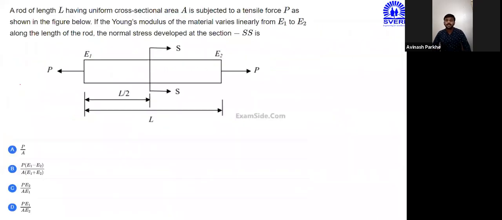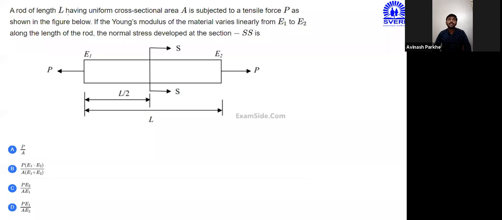Now, the next problem is in front of you. So just read the statement carefully, understand the things and try to give the solution. So the 4 options are already mentioned in front of you. Only you have to identify the correct option. So just see, I will read the statement.